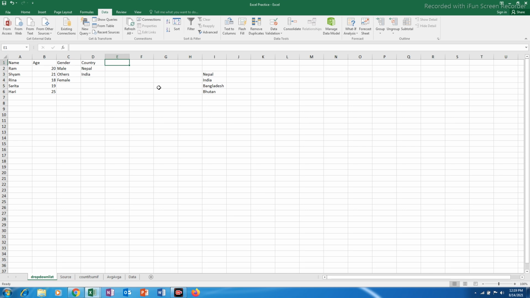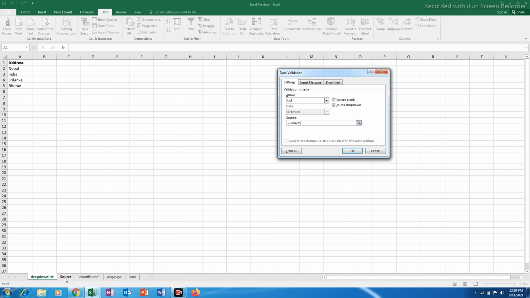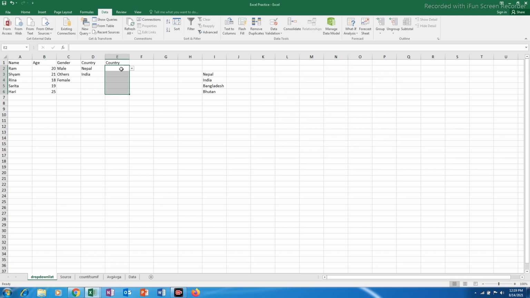Now suppose if the source is in the other sheet, then in that case also I can select and then I can go to this data validation and under allow list source, and then I can click on the sheet where I have the source and then I can select okay. So you can see a list has been created.